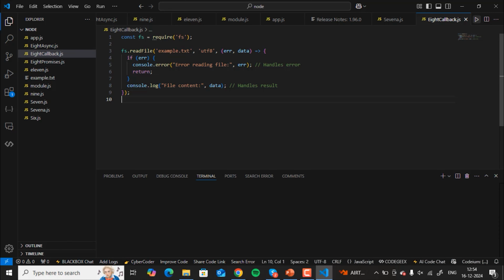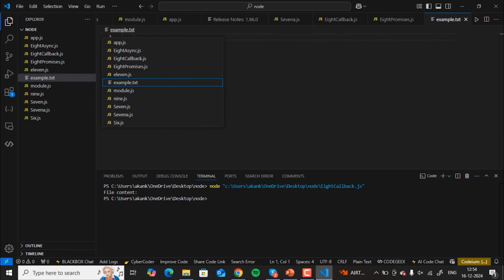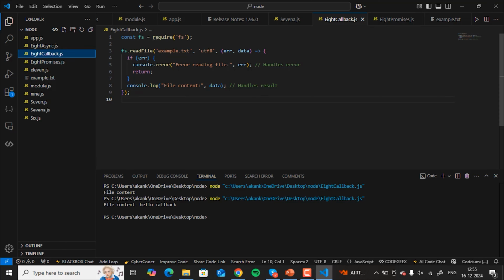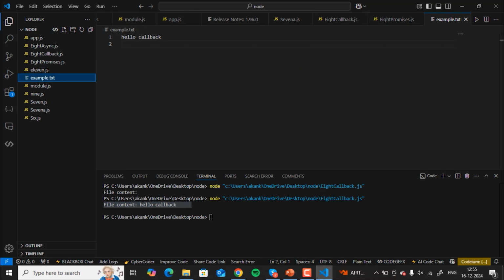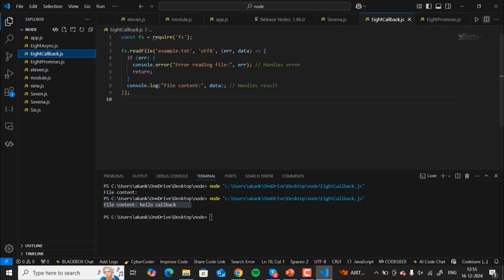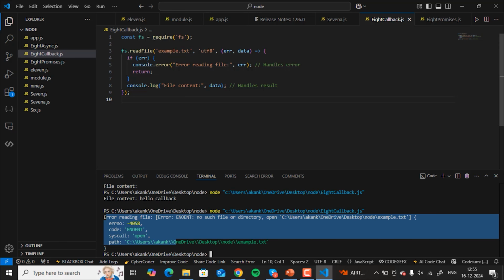Okay, so let's run this program. Okay, so file content, the file is empty, but the file is made. So suppose I'm writing here hello callback, and if I go again in this callback and run this, see it's showing file content hello callback. And if I delete this file and again I run this one, then see, error reading the file because the file is not present. So let me make the file again,